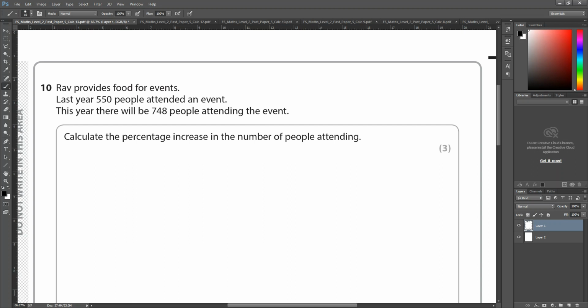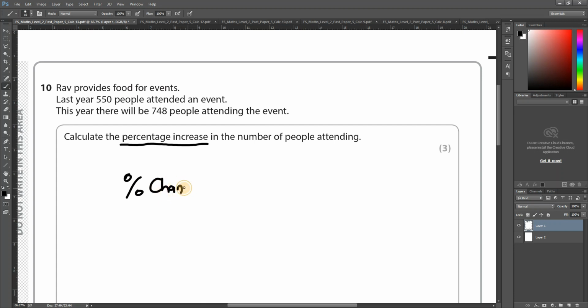Question 10. Rav provides food for events. Last year, 550 people attended an event. This year, there'll be 748 people attending the event. Calculate the percentage increase in the number of people attending. 3 marks. So whenever it says anything like percentage increase or decrease, and you can see a change happening in the question. Can you see it's gone from 550 people to 748 people? Definitely this is